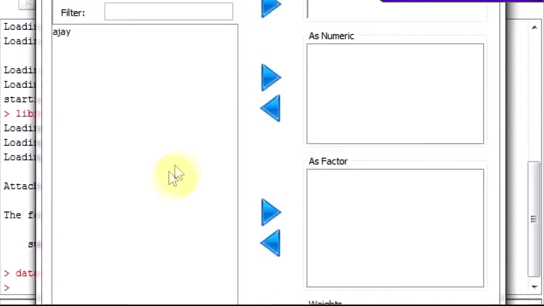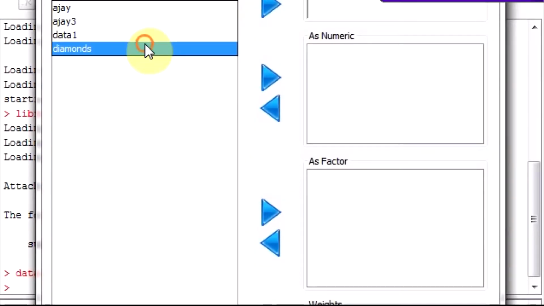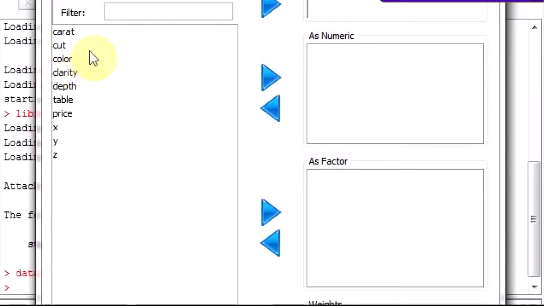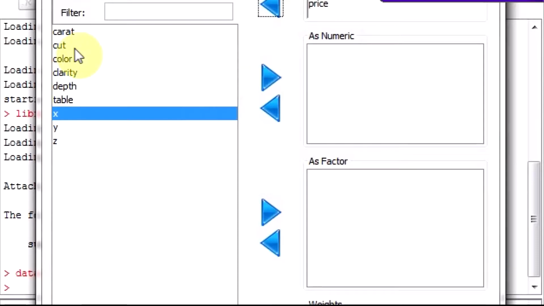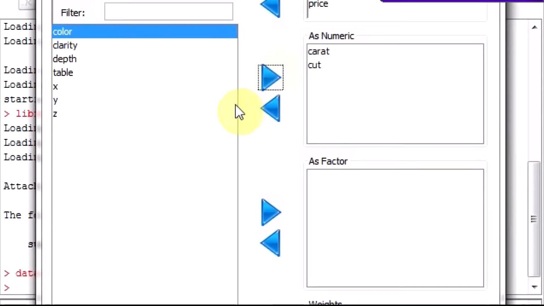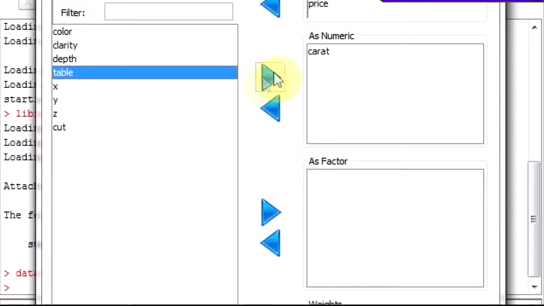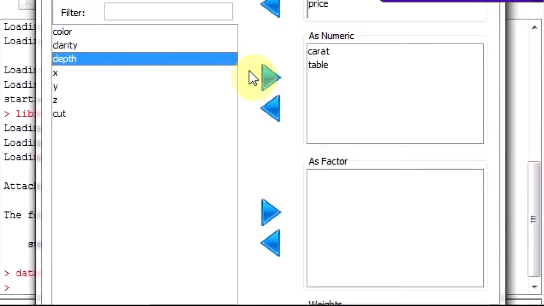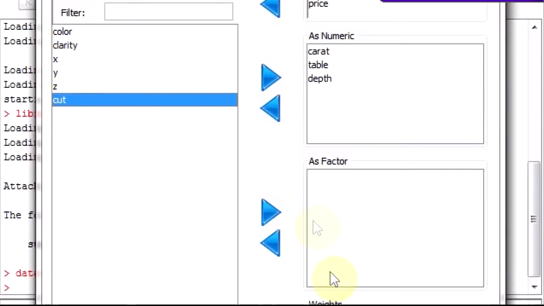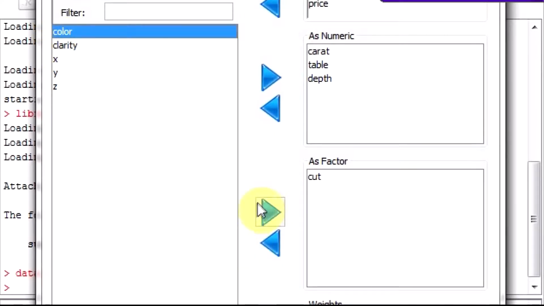Let's say I could do a linear model. Diamonds, I can say price, the outcome, and numeric would be carat, right? And say table and depth, and as factor would be cut, color, clarity.